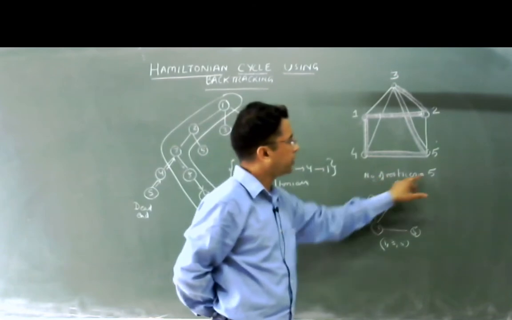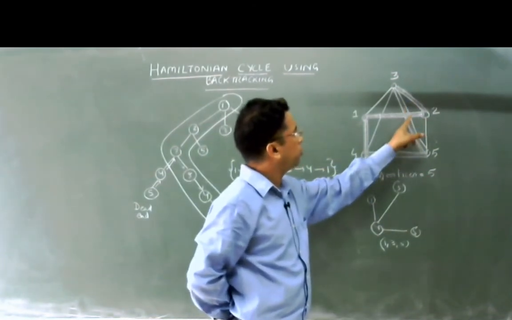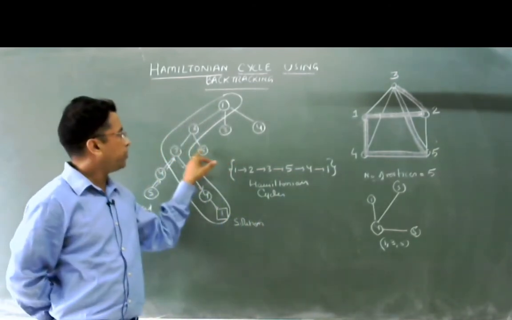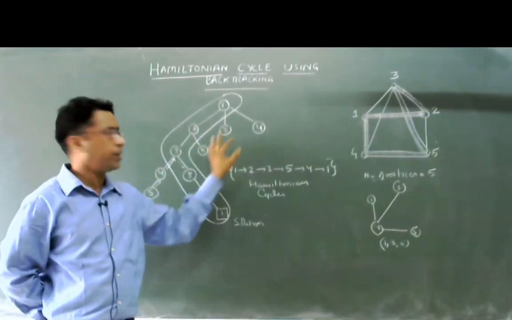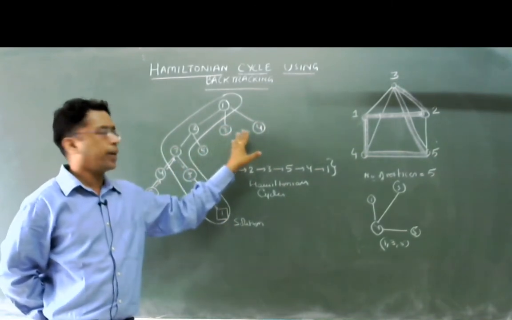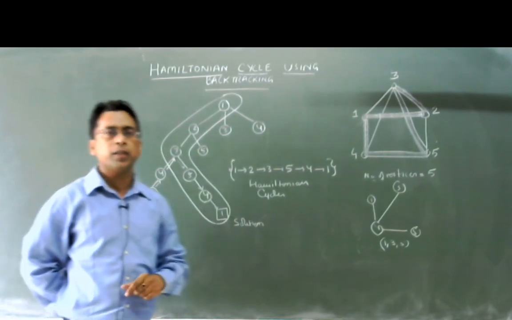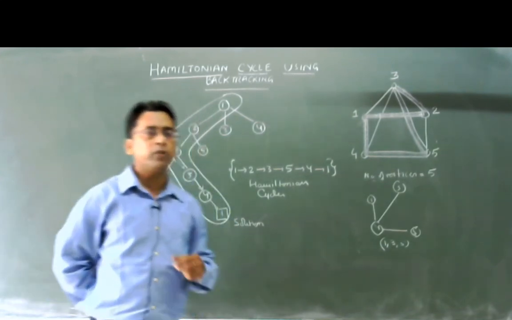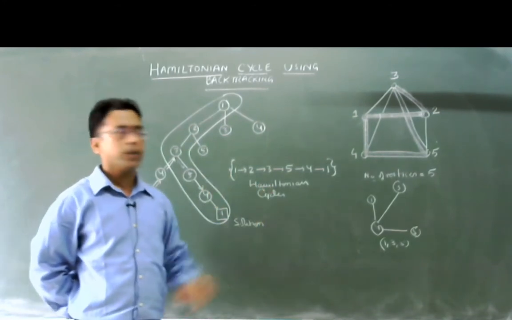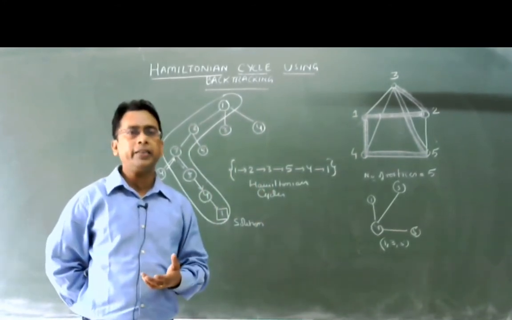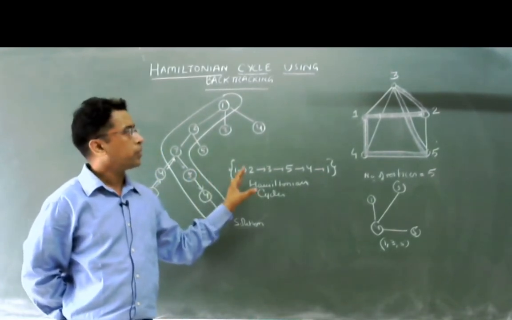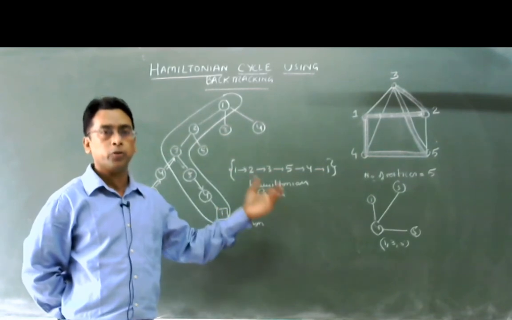The number of vertices is equal to 5: 1, 2, 3, 4, 5. There may be other options that we have not explored yet, but this is one of the solutions, and like this you shall try the other solutions also using backtracking. With the help of backtracking, the Hamiltonian problem can be systematically solved. Otherwise the approach will be very random. In this way you get a very systematic approach to solve the Hamiltonian cycle problem where multiple solutions are available.